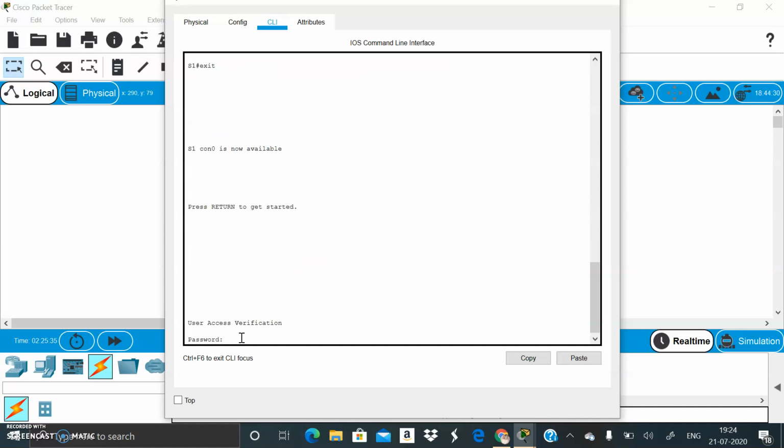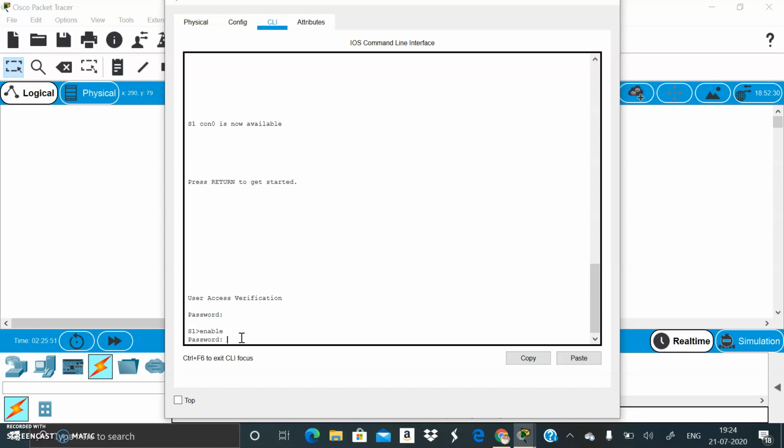Now it is asking me the password for console. We have put the password for console is Cisco, enter, and press enable to enter into the privileged exec mode,